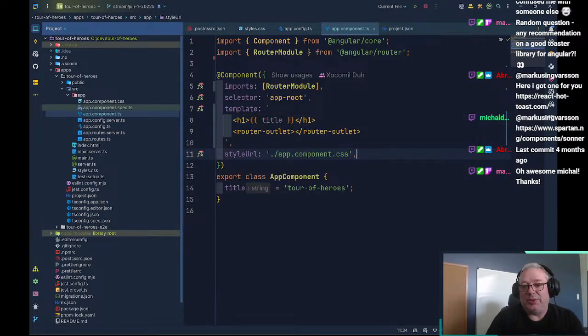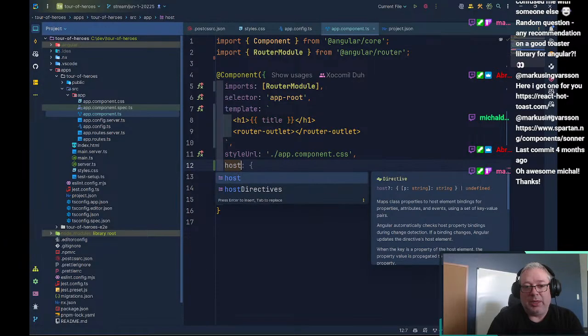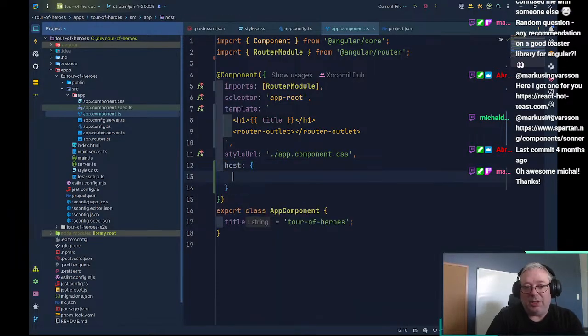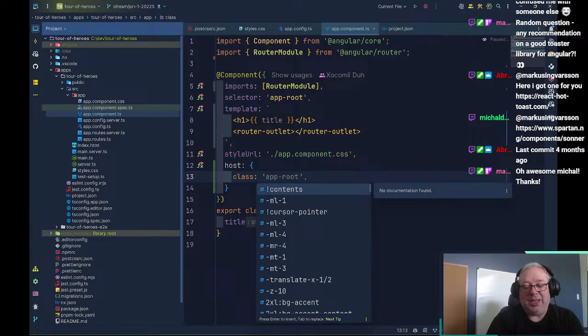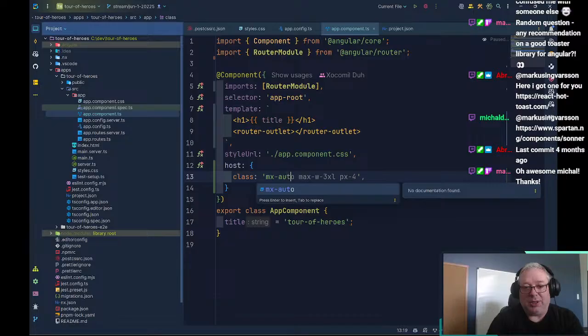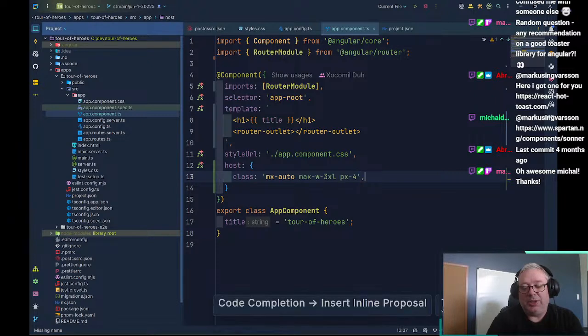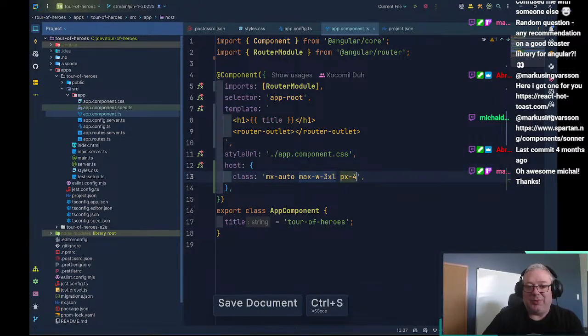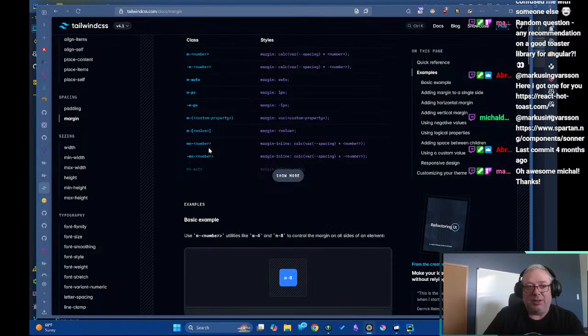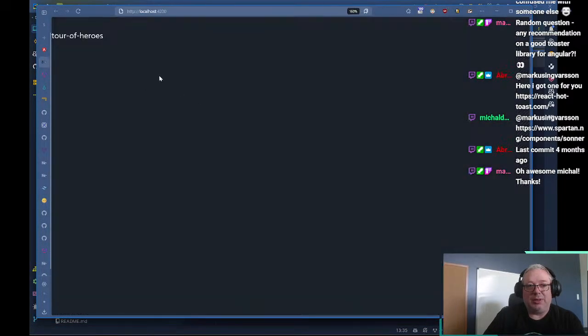Instead, we can add a host binding. So on our host binding, we can add a class, right? And our class, we can say, hey, in the MX, we want the auto. We can try this for now and just see what it gives us, right? So we've got a couple of different classes here. And now if we take a look,